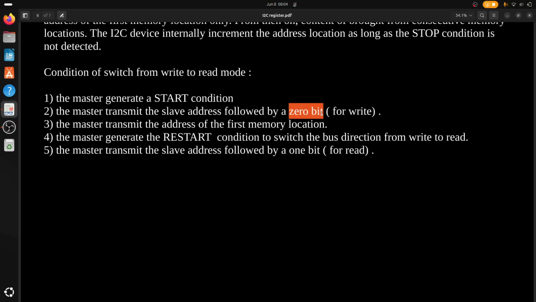And then the first memory location address is sent, because the burst read requires sending the first memory location. And then the slave address is sent again, with one bit indicating that the